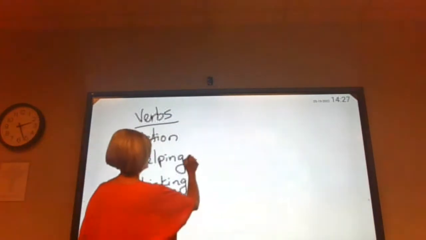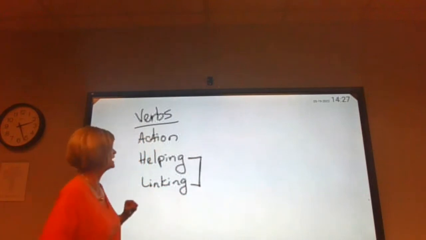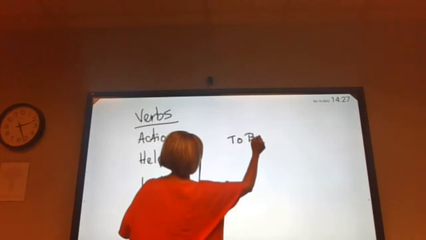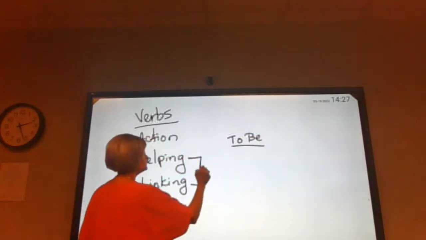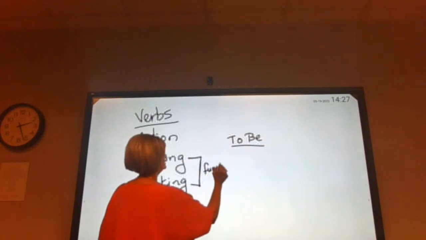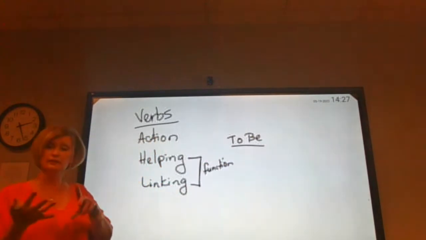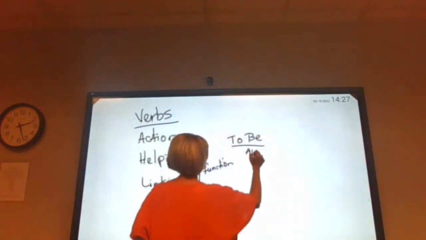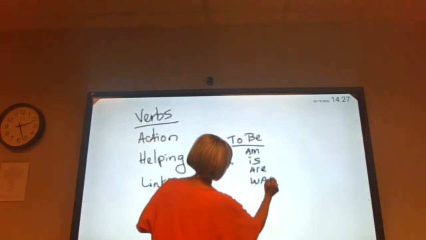And I like to tell my students about these, okay? There's a certain verb and we call them the to be verbs, okay? That's their name. But when we look at function, that's where you've got helping or you've got linking, okay? The to be verbs though are am, is, are, was,